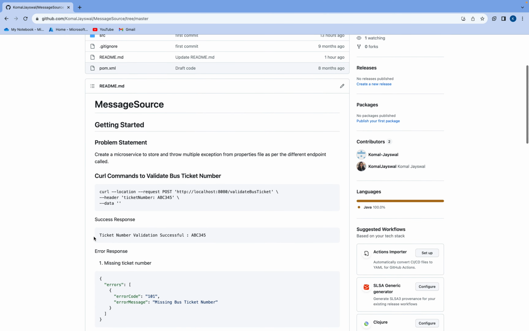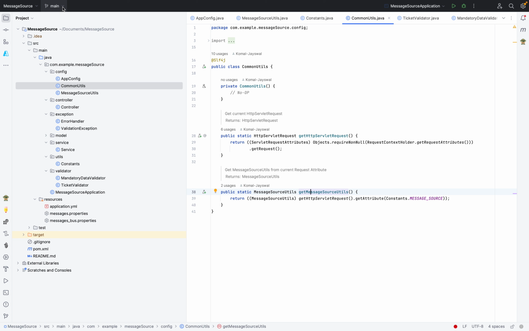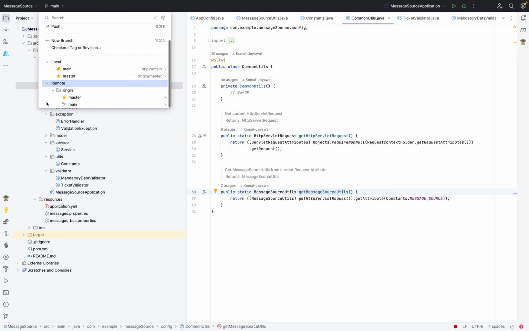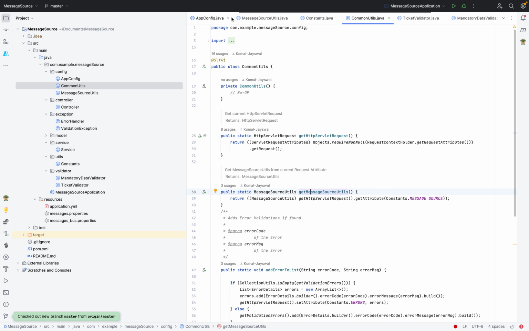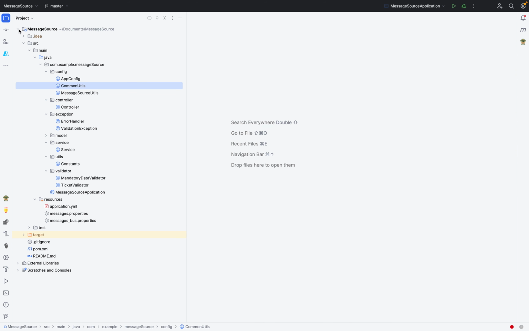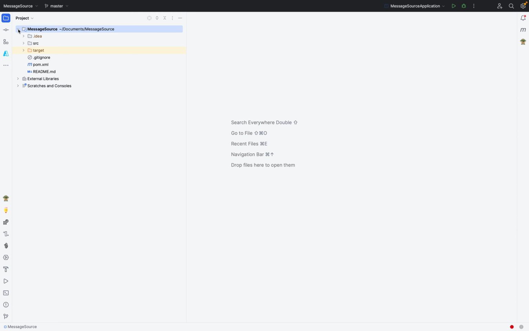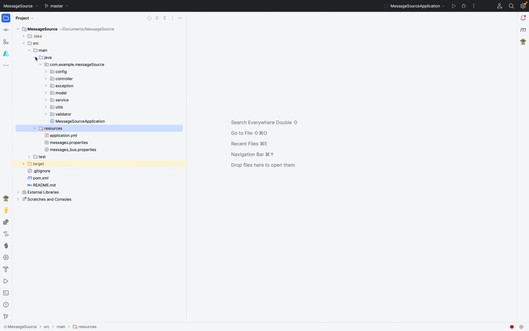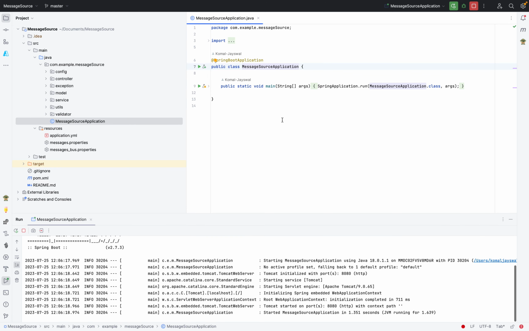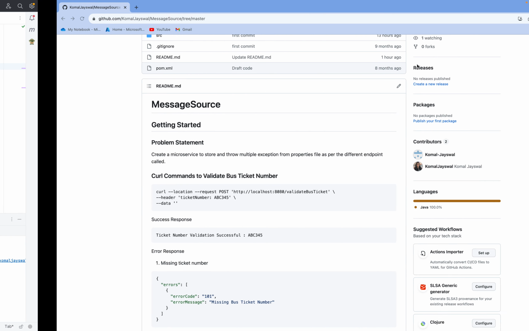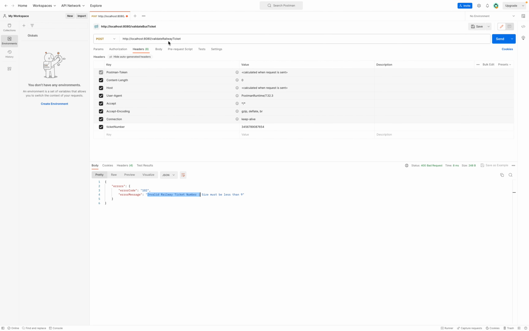So I'll go to the project and check out to the master branch. Close all tabs. Let me first run the application and show you how it is different from the main branch. The application is started. Now I go to Postman. Here this is railway ticket. Now I am sending